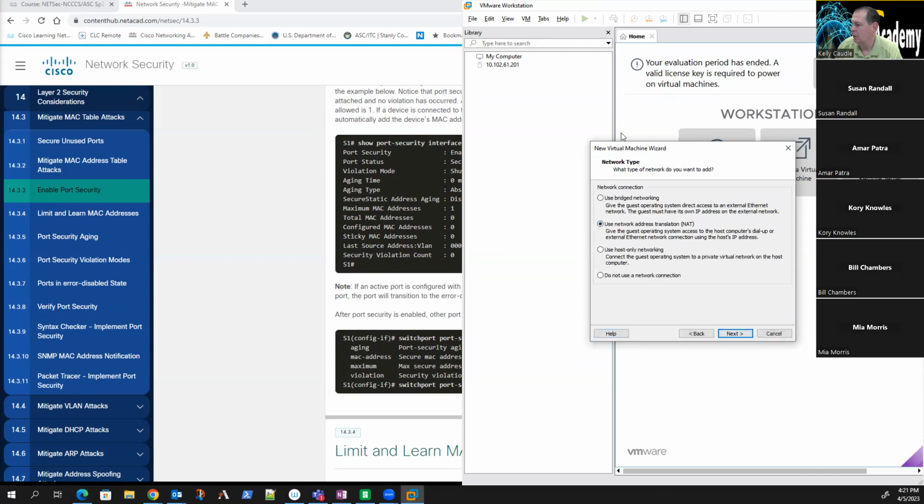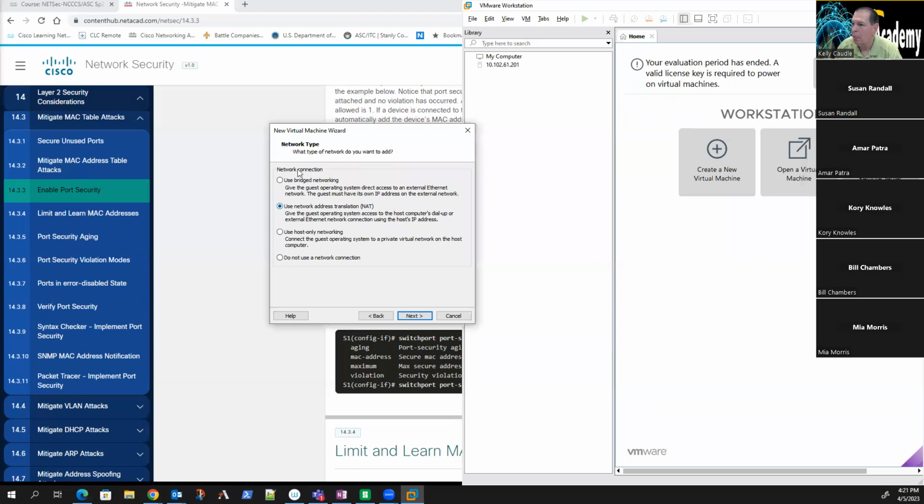Okay, now network type. Now here's where you look at, you've got some options. If you use bridge networking, then the host will actually create its own virtual NIC with its own virtual MAC address, and it will get its own IP address off the system. So my machine will actually appear as two different machines. If I use NAT, it will share the MAC address of the existing physical NIC on my machine and will still only appear as one. If I use host only, that means it's just internal. There's absolutely no